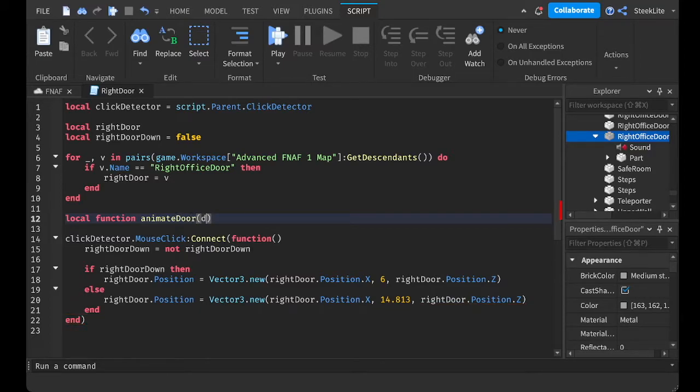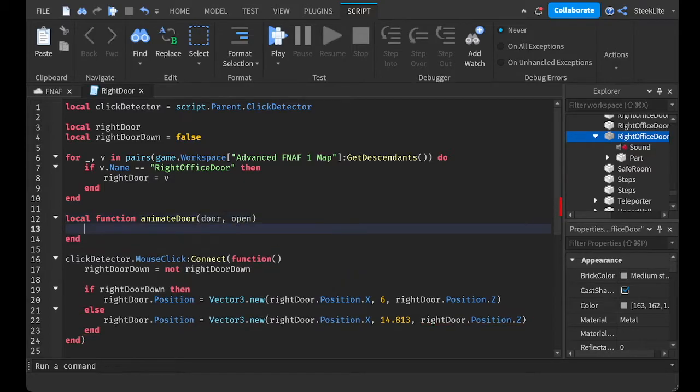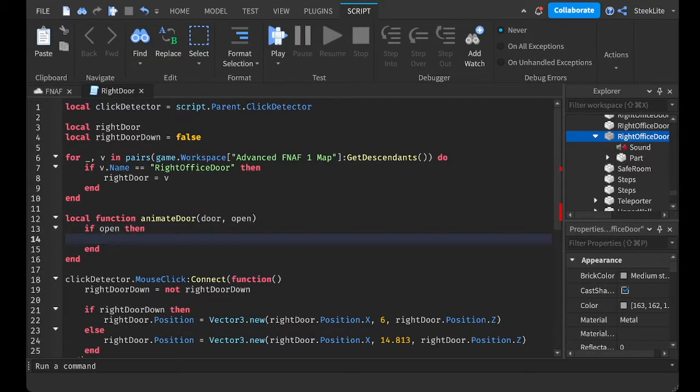So then we'll just have to pass in the door and whether it's opening or closing. So we'll just say, call it open for now, I guess. So if open, then